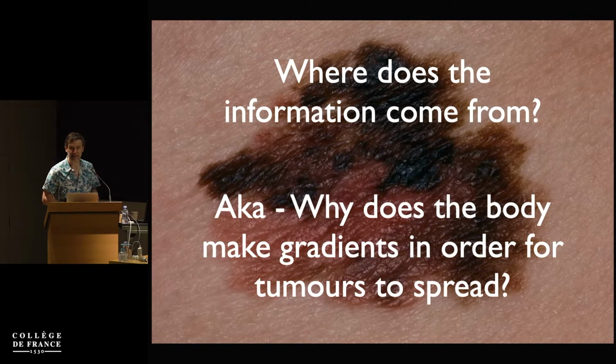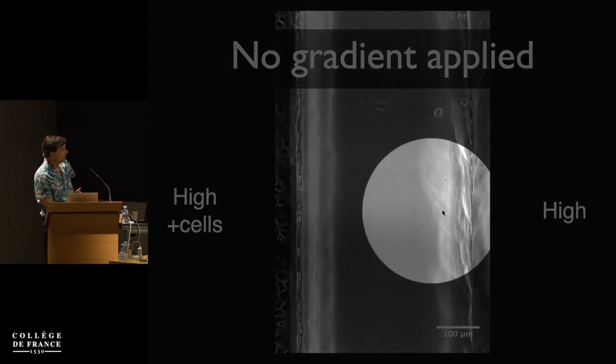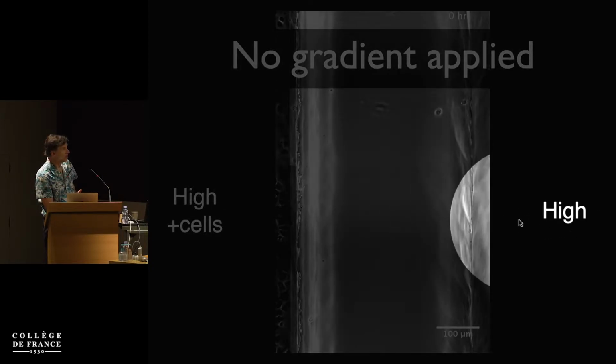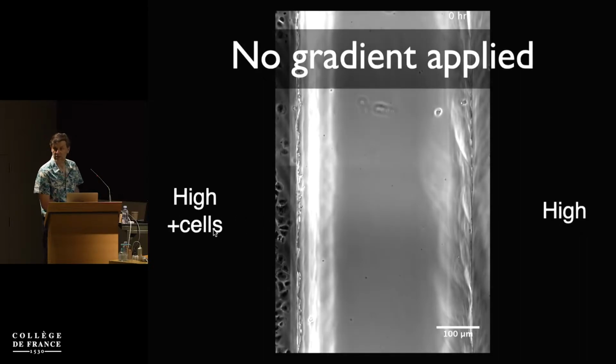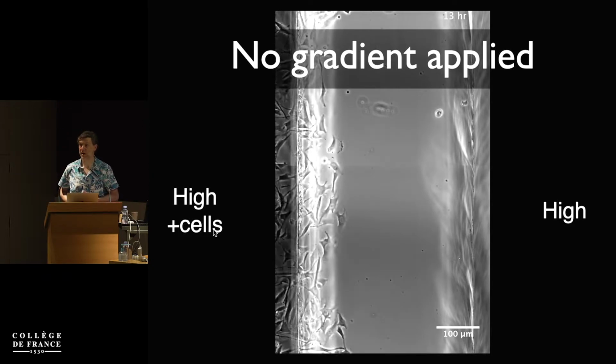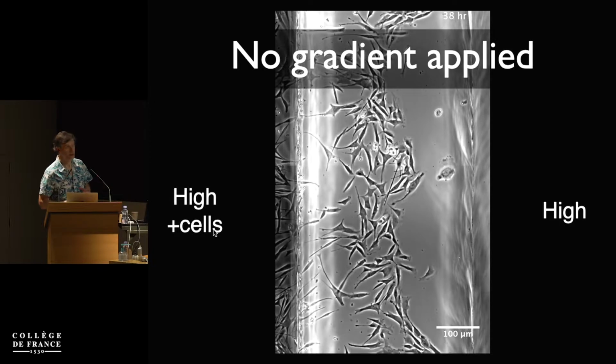And the best way of showing it is like this. This was supposed to be a control. Never do controls, they mess everything up. This is exactly the same assay that I showed before with the high serum on that side, but this time we put high serum on that side as well. So the cells should go nowhere. And what happens when you do the experiment? It's absolutely indistinguishable. There really is no difference at all.